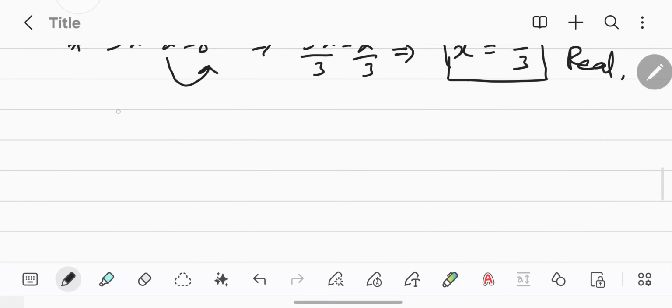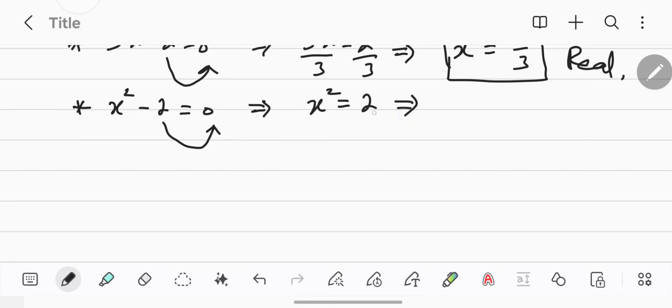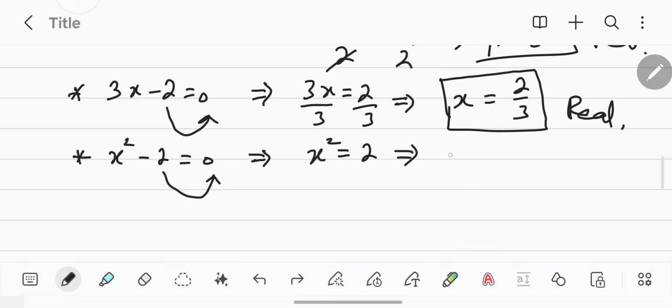We have no problem. So let's do another example. If I solve x square minus 2 is equal to 0, first of all you will move this here. You will get x square is equal to 2. Then since you need to find the value of x, but here you have x square, in order to kill this square, you will take square root on both sides. If you take square root on both sides, you will get x is equal to square root of 2 with plus and minus. Whenever we take square root, we write plus and minus. So the value of x here is plus and minus square root 2,